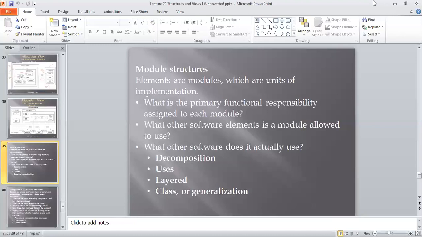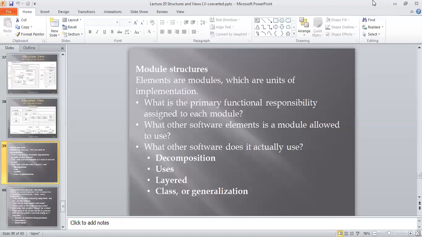Generalization is also discussed in the DBMS subject. There is specialization and generalization there. In generalization and specialization, a triangle is maintained with an is-a relationship. What does it mean? Bottom up approach and top down approach. For specialization, the top down approach is followed, and for generalization, the bottom up approach is followed. So that again is a main component of module structure.